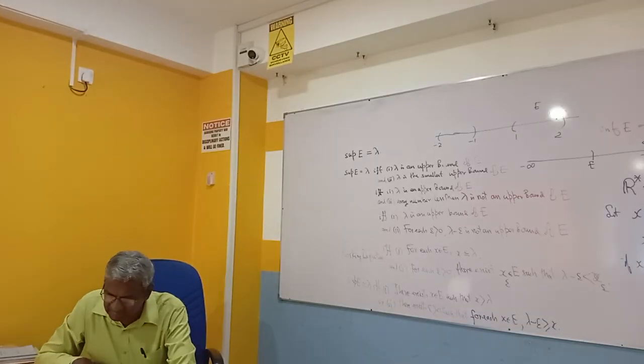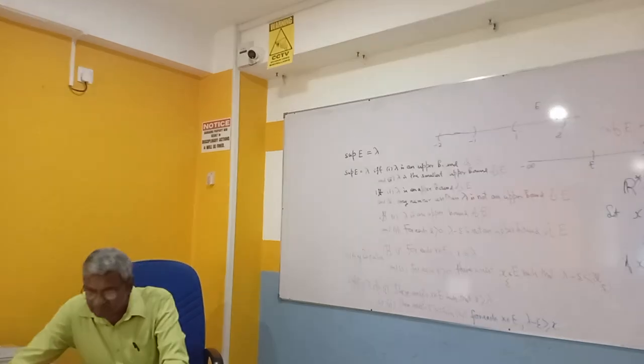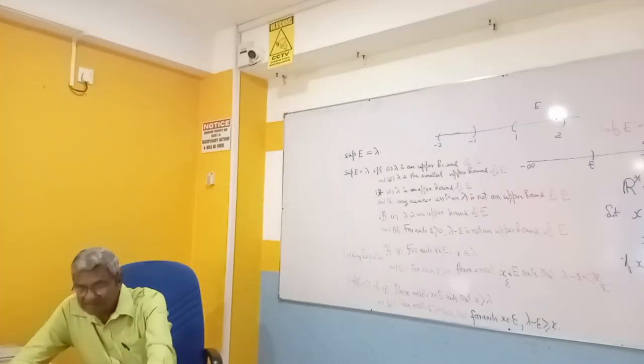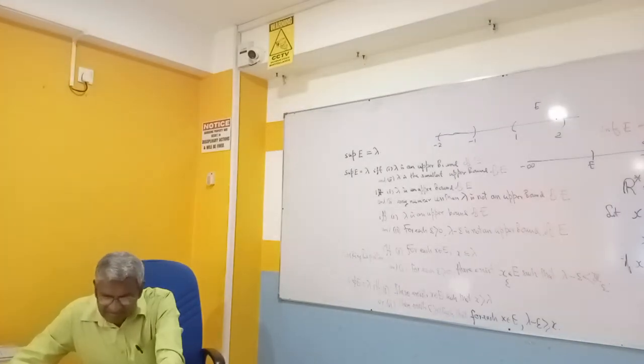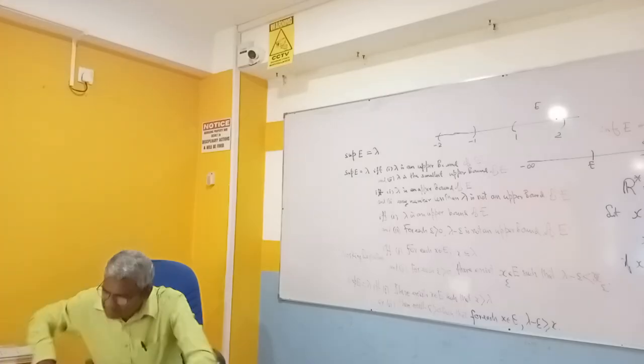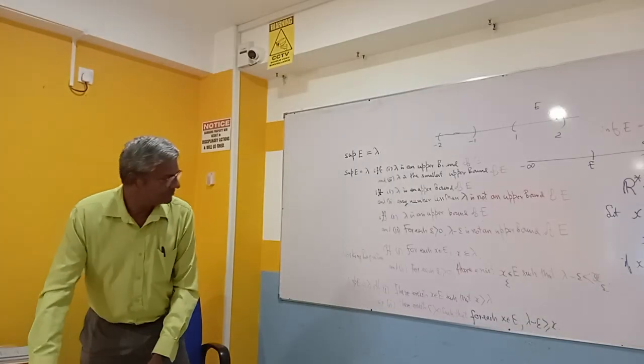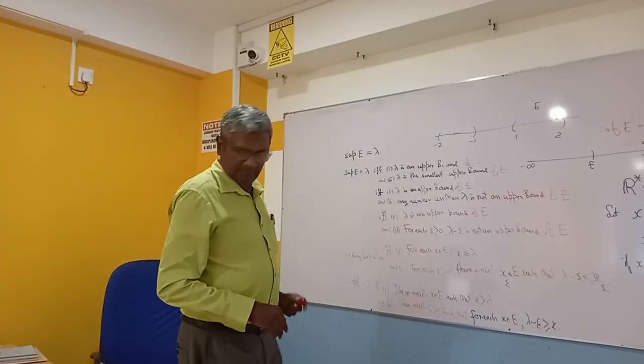Finally, for every extended real number y, for which y less than x, there exists at least one n